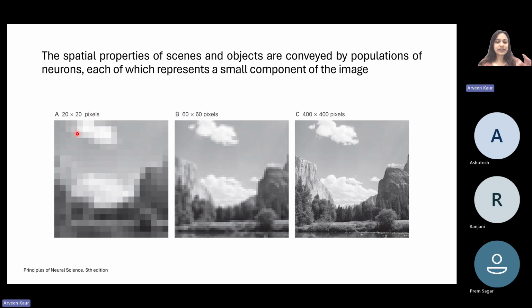When we have a limited number of boxes fitted into the entire image, you can see it as a very pixelated or unclear kind of image. When the number of boxes fitted to this image is increased from the previous one, you can see it becomes a little more clear, but it still appears pixelated, right? But when we substantially increase the number of boxes that represent a single portion in this picture, you can see how clear it has become. Although all these three are the representation of the same region, right?